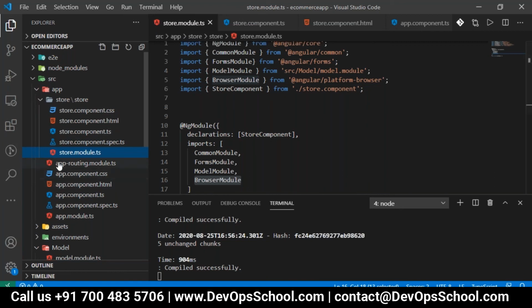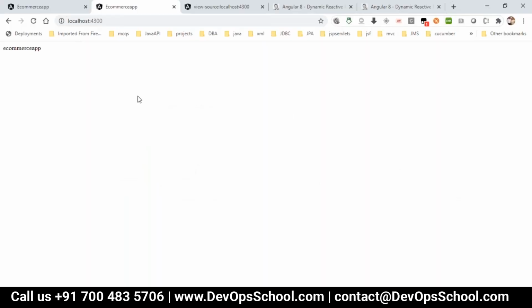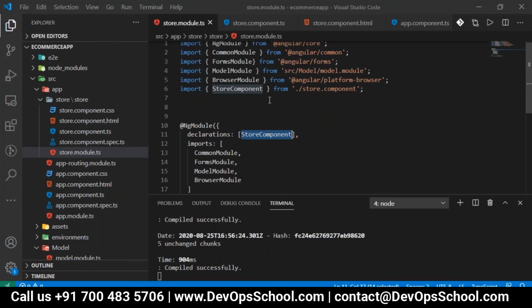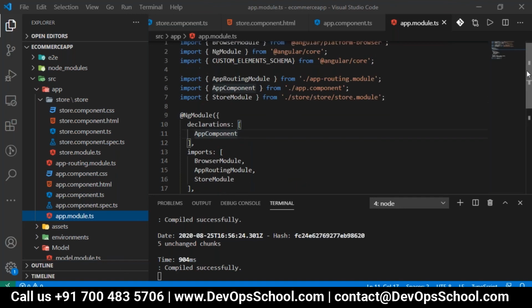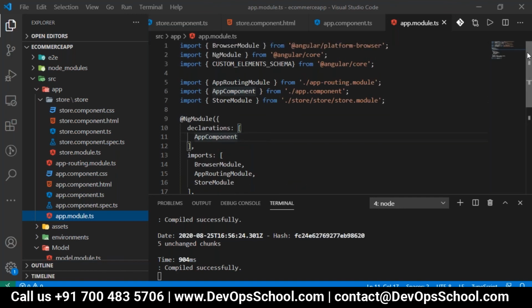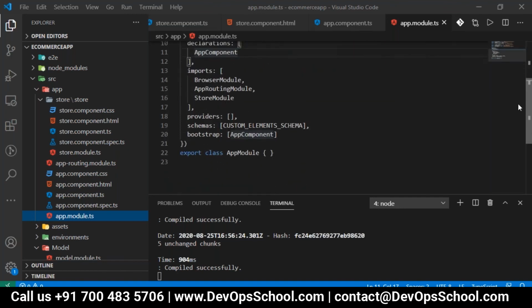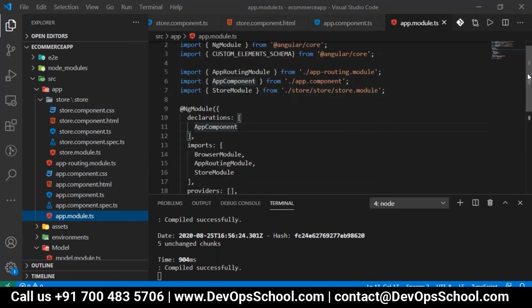Shri, are you getting it? No, not yet. You're also getting a blank screen, but compiled successfully, it's not throwing any error. Okay, I guess somewhere an import is missing. App component is loaded, there is no problem with app component. When it comes to store module, we imported here the store module.